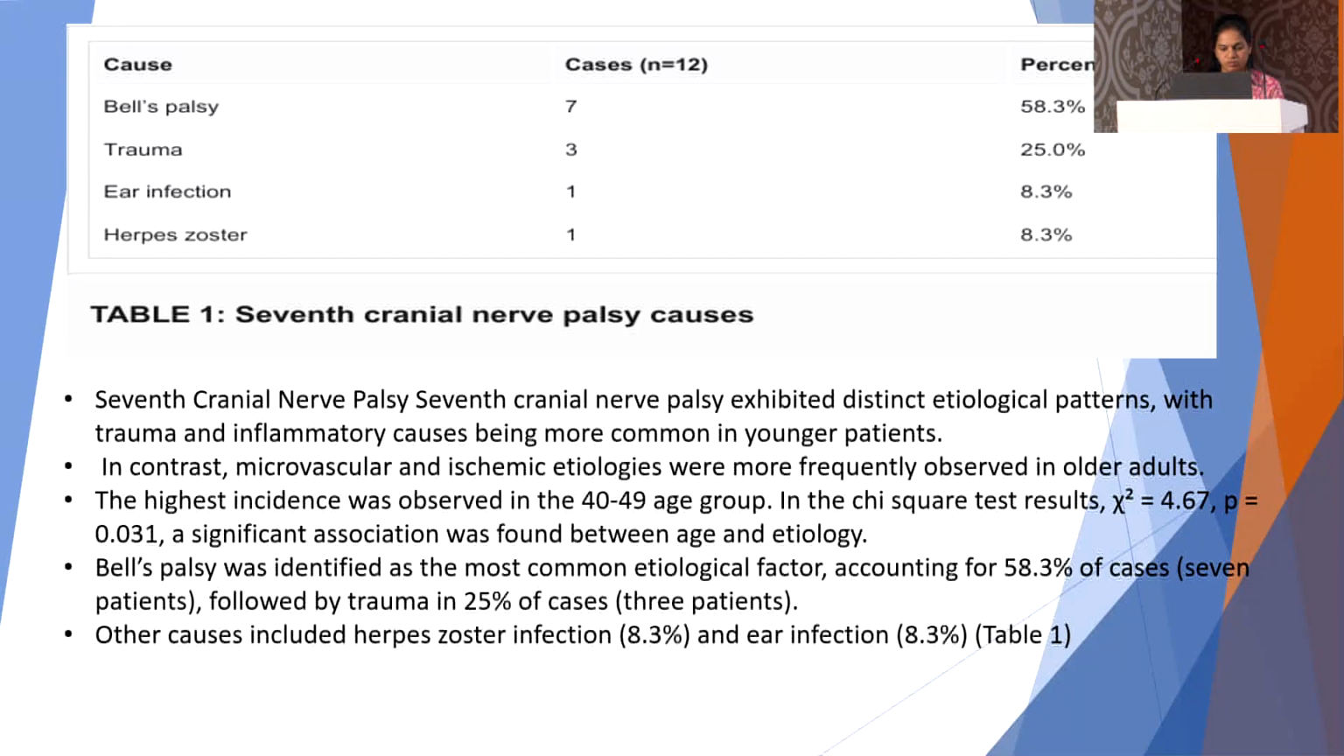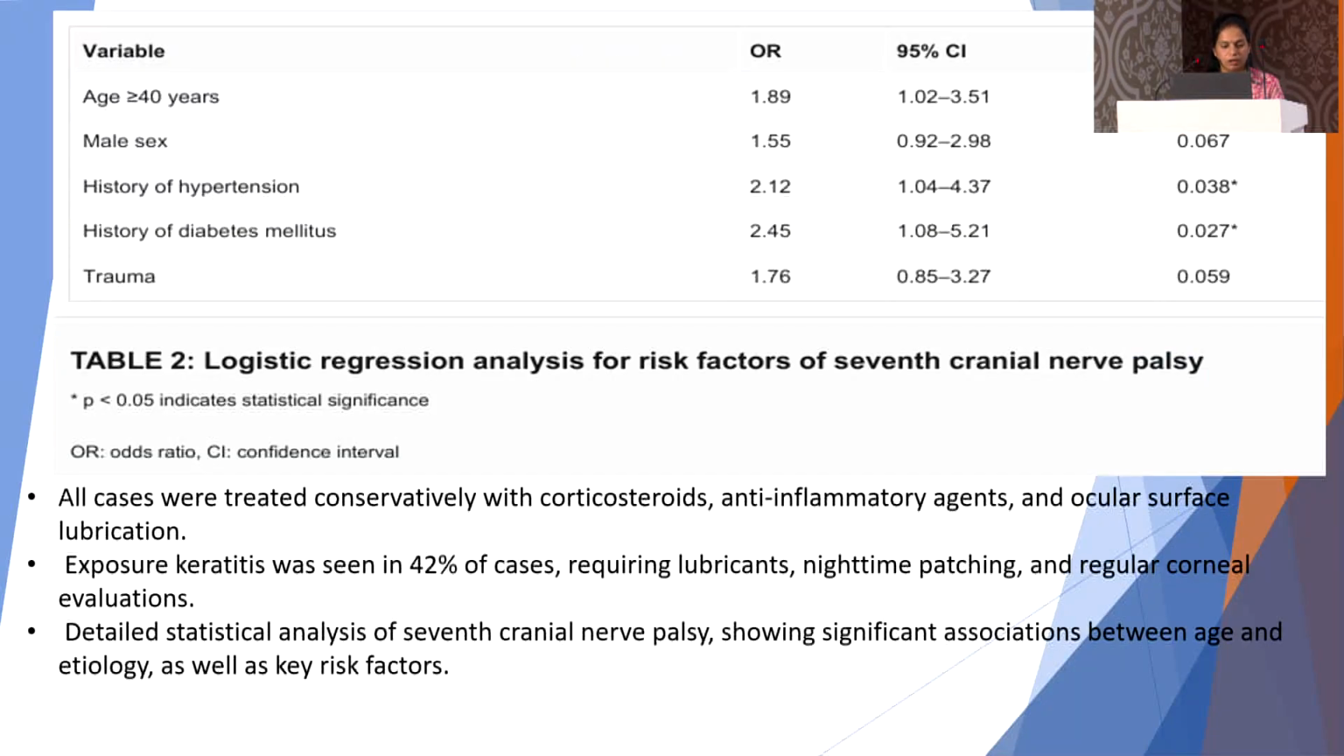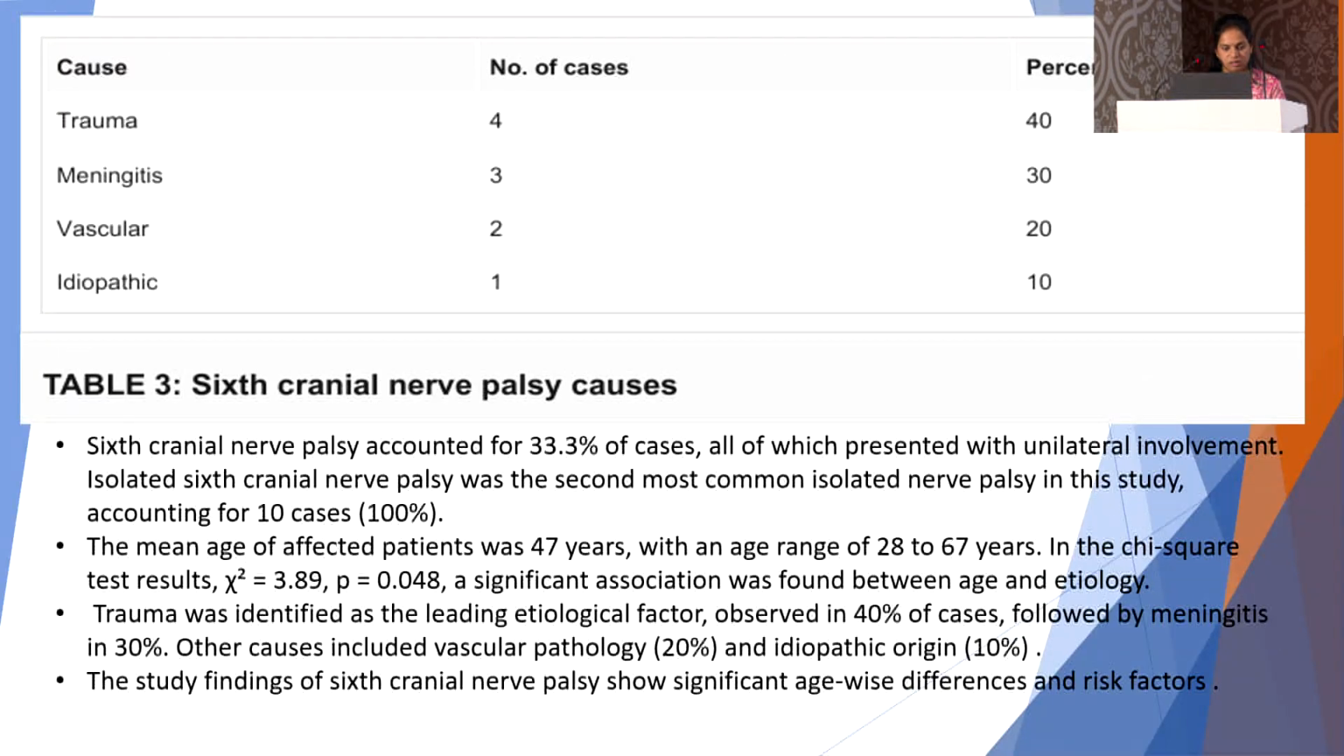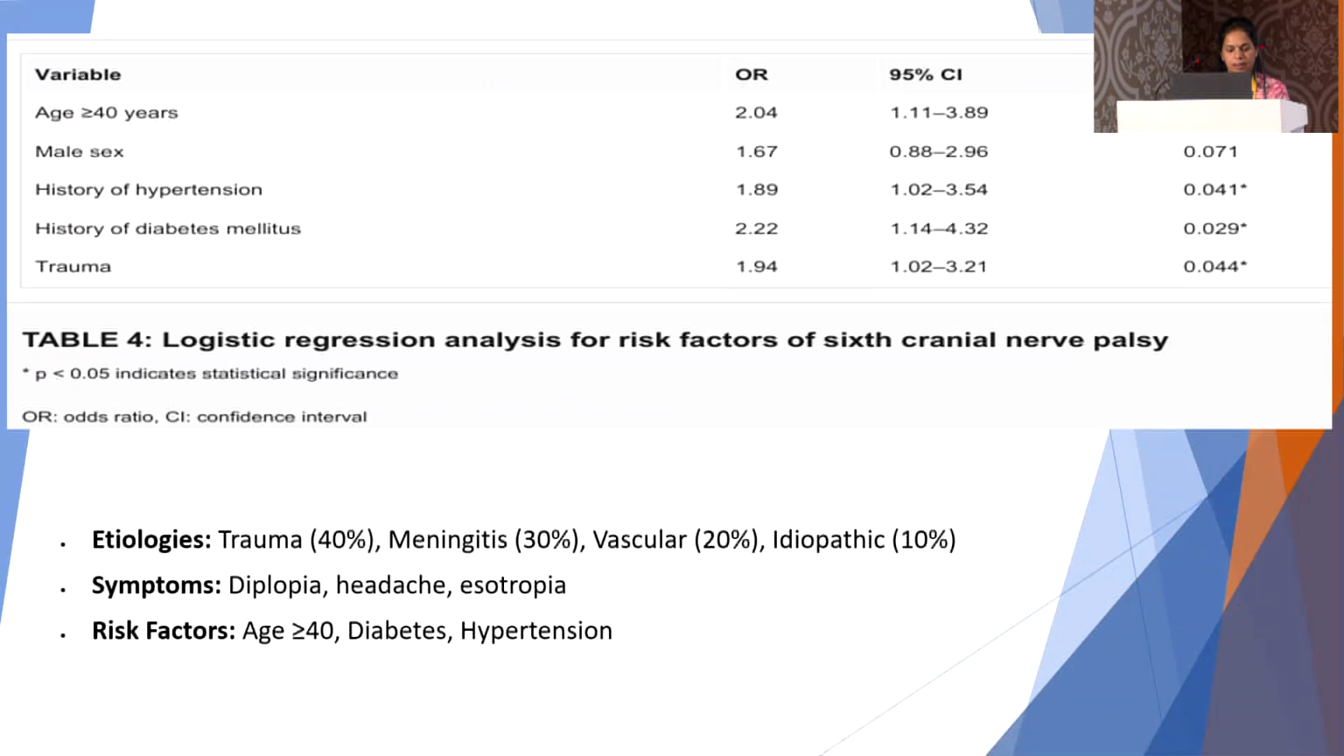The highest incidence was observed in the 40 to 90 group. Bell's palsy was identified as the most common. All cases were treated conservatively, and exposure keratitis was noted in 42% of cases. Detailed statistical analysis showed a significant association between age and etiology. In 6th cranial nerve palsy, there were 33.3% of cases, and